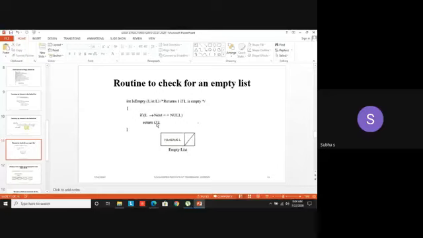If it is 1, my list is empty. If it is 0, the list is non-empty, it has some nodes. For which list am I checking? For the list L. So if L next equal to null, that is my header, it denotes the empty list. Got it? These are small simple routines we will see now. All routines will be simple if you listen carefully.